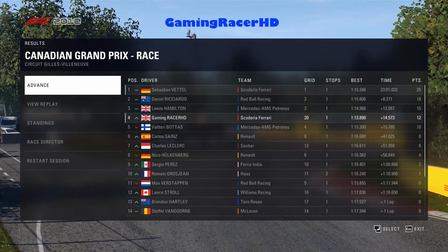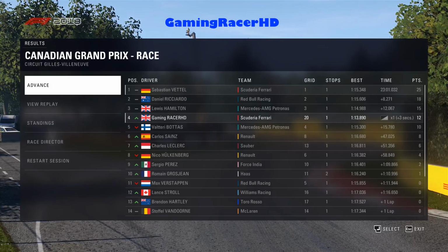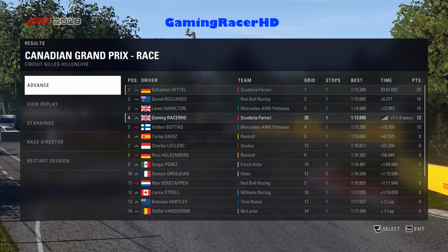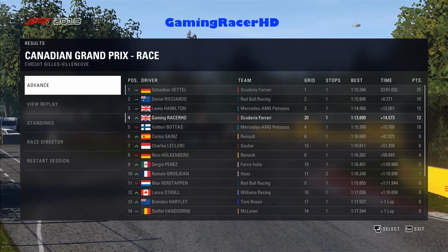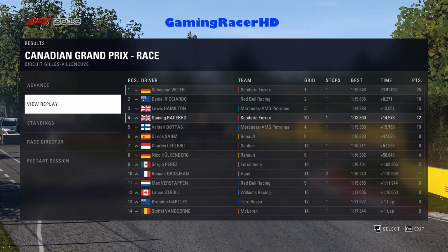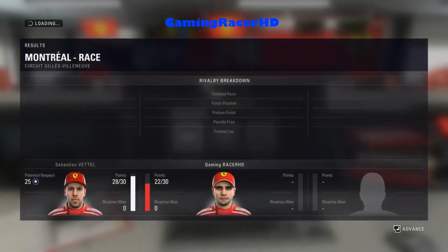You can see how fast the lap was, much faster than anyone else. Leclerc was 7th, which is not too bad for him. Verstappen went down to 11th spot, I'm not too sure what happened to him. But anyways, we're 55 points behind the championship leader, which is not too bad, I guess, considering what's happened in the last couple of races, but